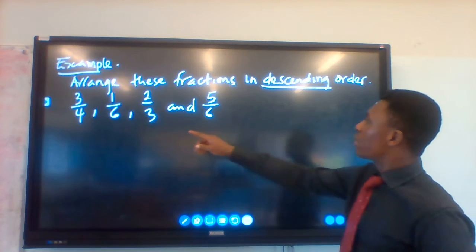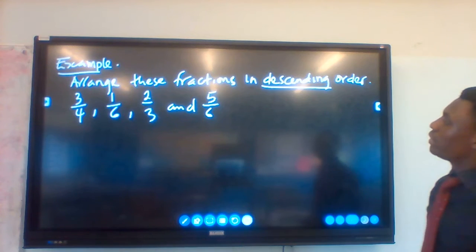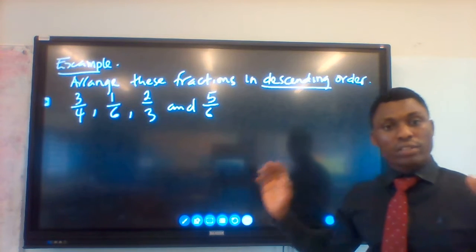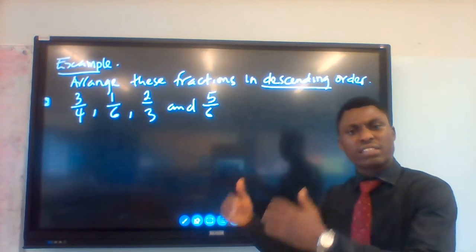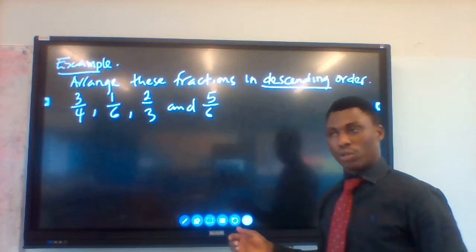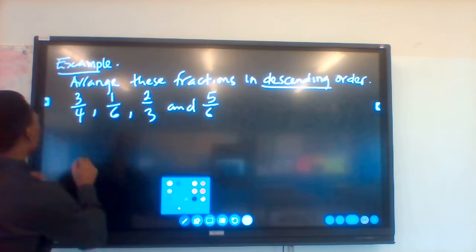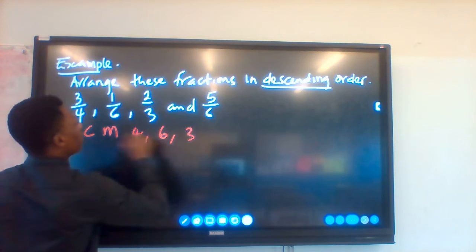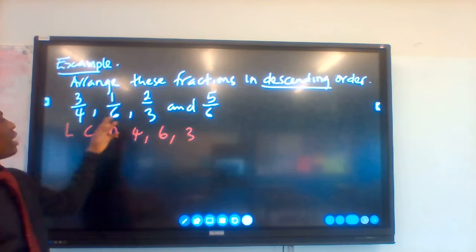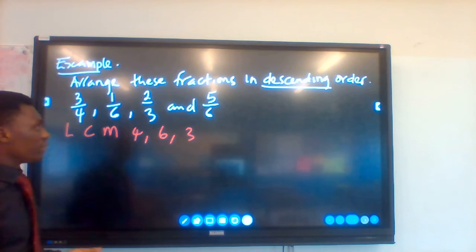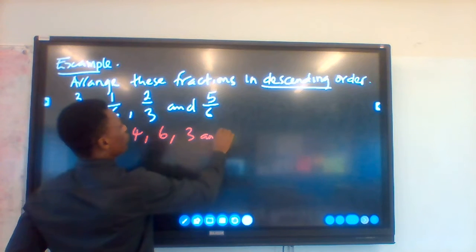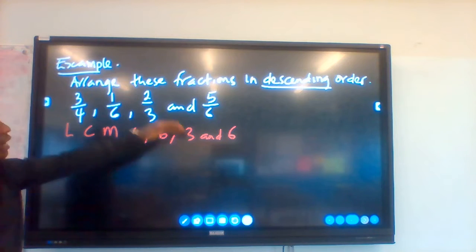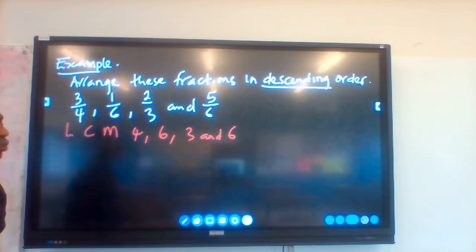Thank you. And if you look at this, the denominators of the fractions there are not the same. The first thing we do, we find the LCM of the denominator. Let's look at it together. The LCM of 4, 6, and 3. The reason why I'm not writing 6 again is because we have 6 here already. It will still give you the same thing, but if you want, you can put 6. If it is another fraction that is longer than this, you write out all the denominators and find their